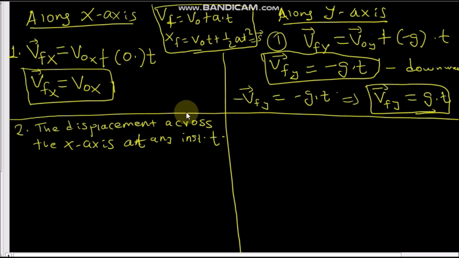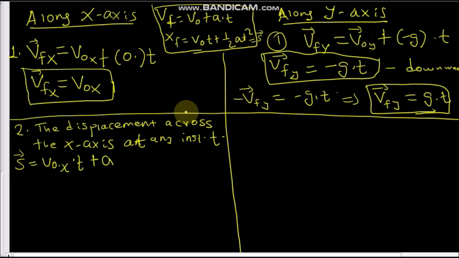Okay, how can we calculate the displacement? Our initial equation is which one? This one, the displacement. The displacement can be found by the initial velocity across the x times t